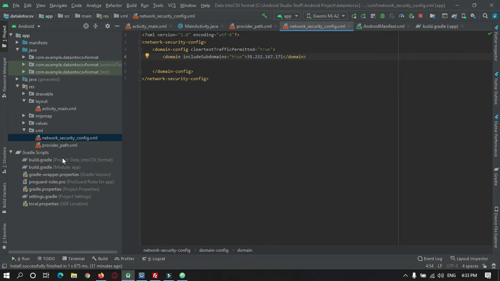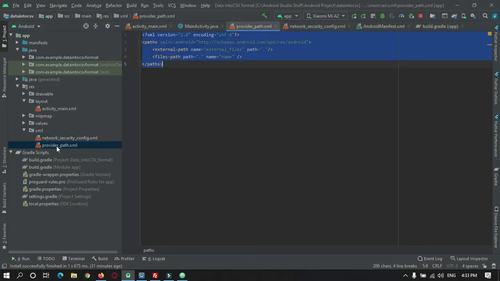We also need a file path provider because we are going to save the data in external storage, meaning in your mobile storage. This is the external path that we are going to use.